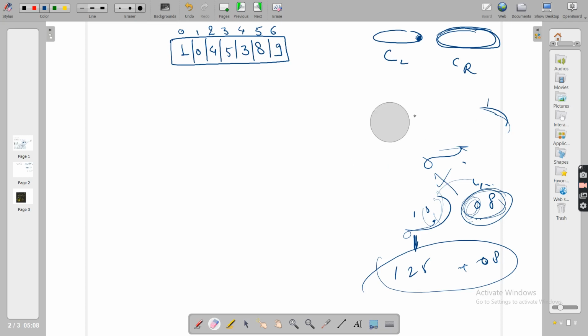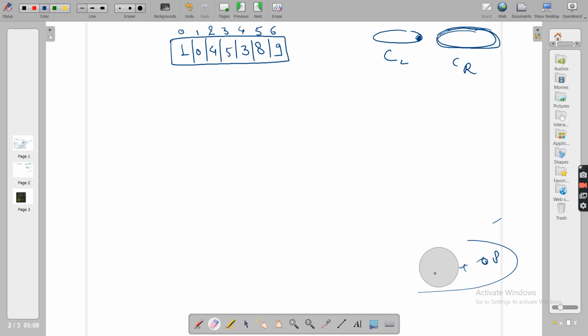Okay, so I hope this thing is clear. When can you say two side by side chunks are sorted? When you keep them concatenated, they'll be sorted only when the maximum value of the left chunk, the previous chunk, is lesser than or equal to all the values in the next chunk, or the right chunk. Now let's try to solve this test case and see what observations we can get.